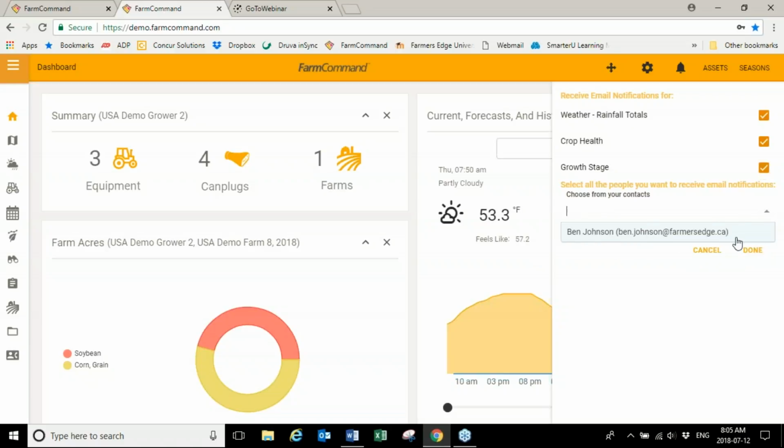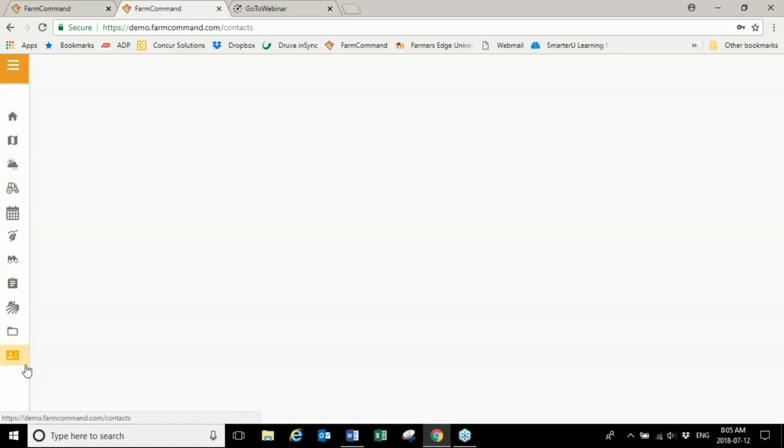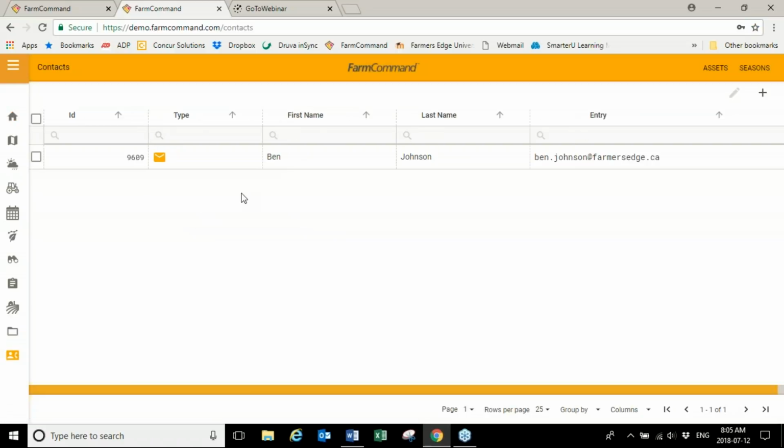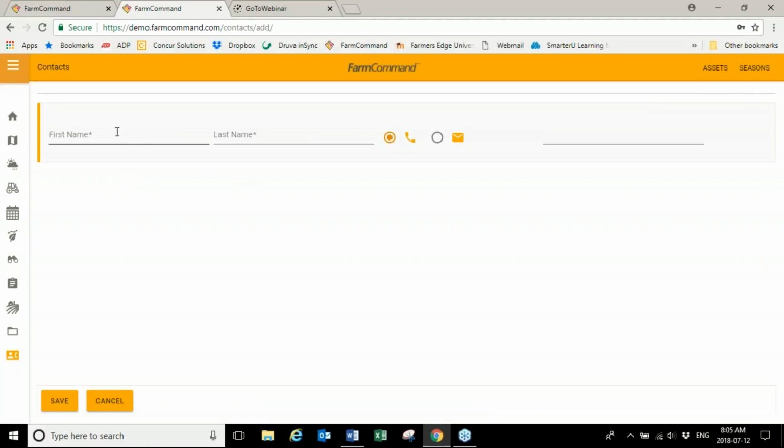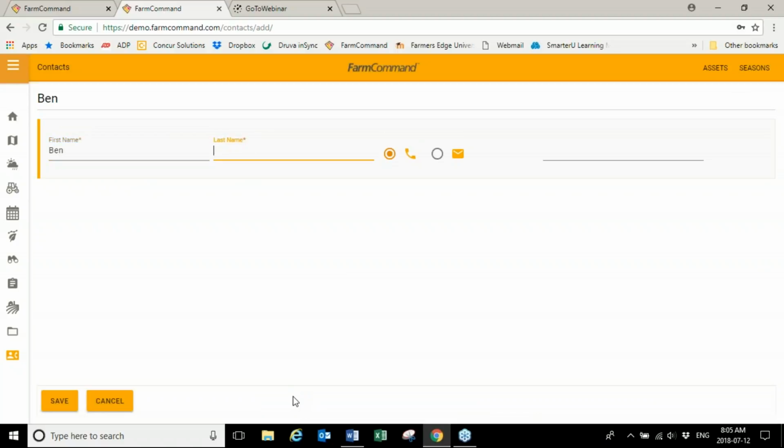I've got one already loaded in here, but if by some chance you don't have an email address that loads up there, what you can do is come down to this contacts section, click on it, and just hit this plus sign to add new. Mine's already in here, but what you would do is just type in your name,